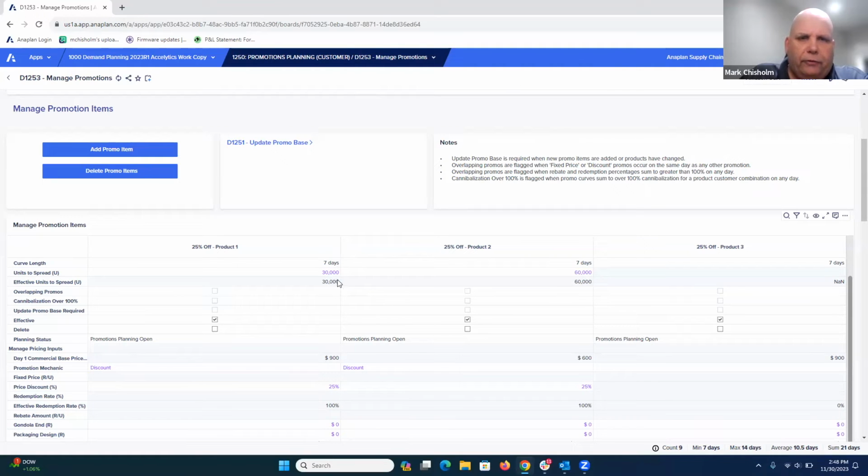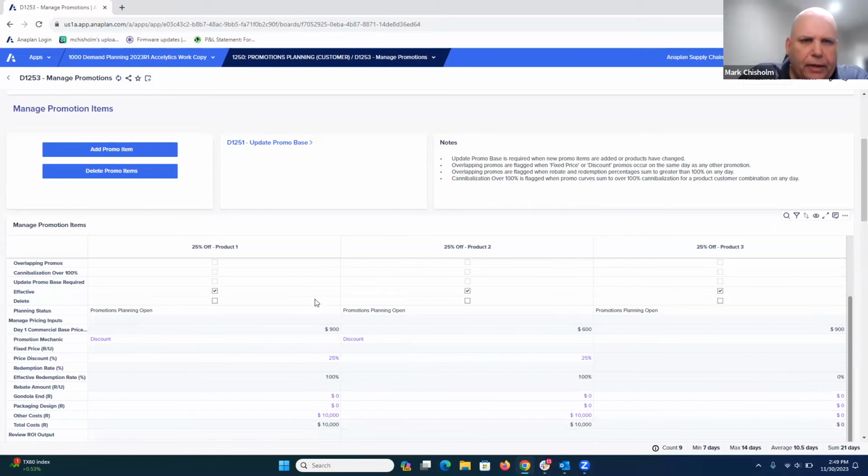This is what units we're going to need to spread on. Again, this could be based on historical information, based on historical promo lift. What you're seeing here is a baseline starting point, and that's really what Anaplan Supply Chain Apps provide: that pre-configured starting point. But you also have Anaplan's robust, business-user-owned configuration capability that allows you to extend this. So potentially you could look up historical promos, understand what that historical lift is going to be, and maybe have an override on this that allows you to say,